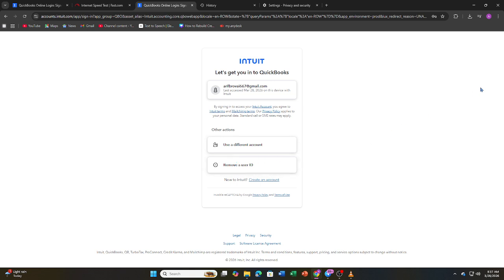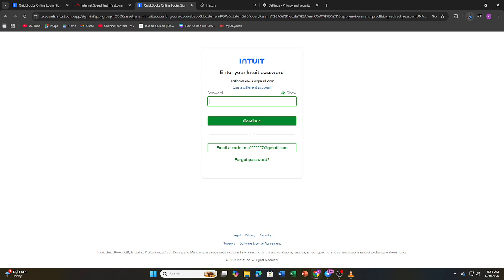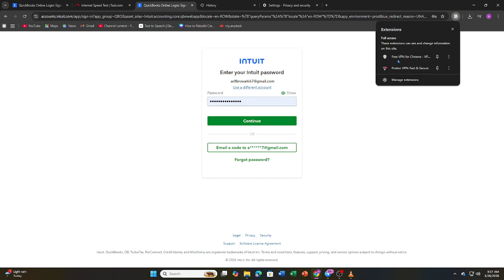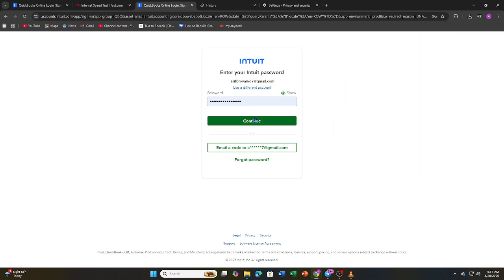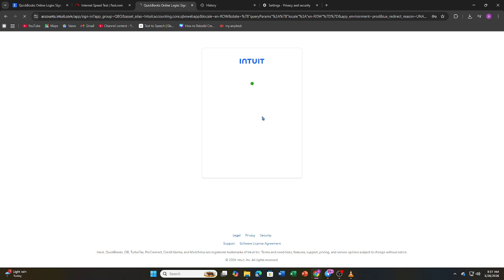Okay, so if you're using a VPN or strict firewall, try disabling it temporarily. Sometimes these can interfere with QuickBooks login servers. So those are the best ways to fix the QuickBooks login failed error. Try each step one by one, and you should be able to log in without any